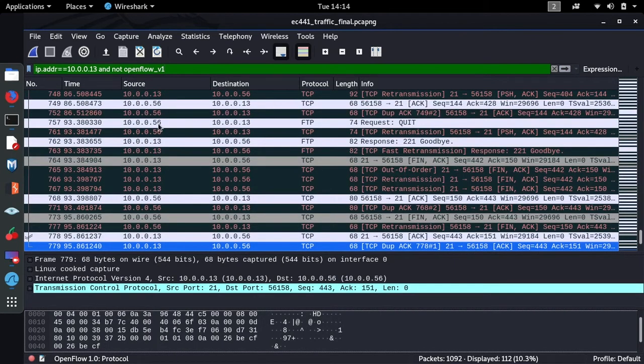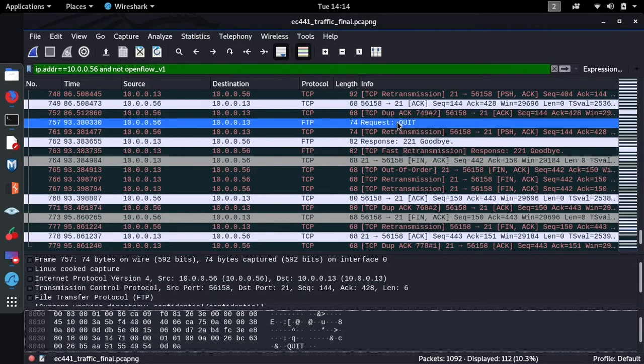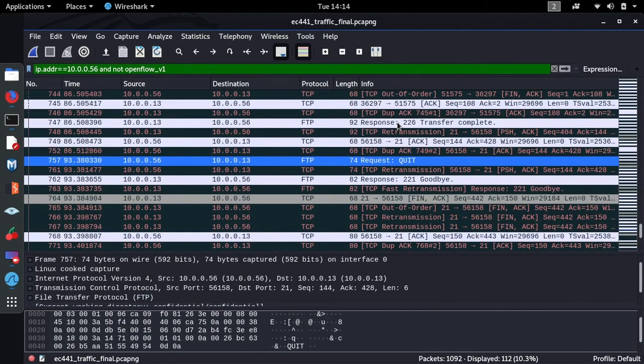And we're going to see here that the intruder that's actually trying to get in is 10.0.0.56. So we're just going to add that to the filter, or more accurately, change that in the filter. So we're going to look for 0.56, and now looking through these, we're going to see